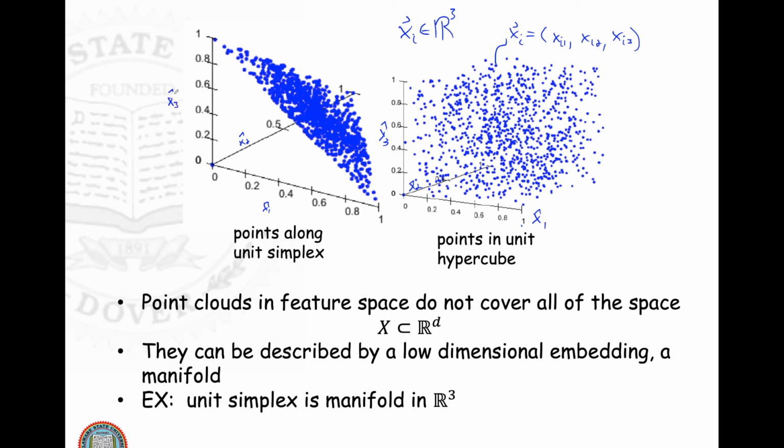x3 hat axis. Now, in reality, what happens is those points in feature space for a particular type of object don't occupy every region of feature space. They're limited to some subset of feature space. And in this particular example, these are points along the so-called unit simplex. The unit simplex is a sheet, so it's a planar surface, exists as two dimensions, and this two-dimensional sheet, it just so happens that every point is represented as a weighted sum